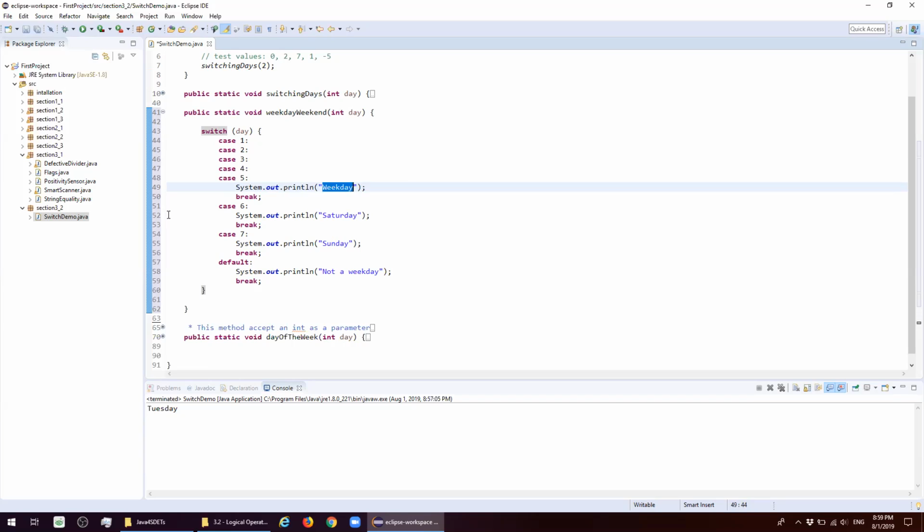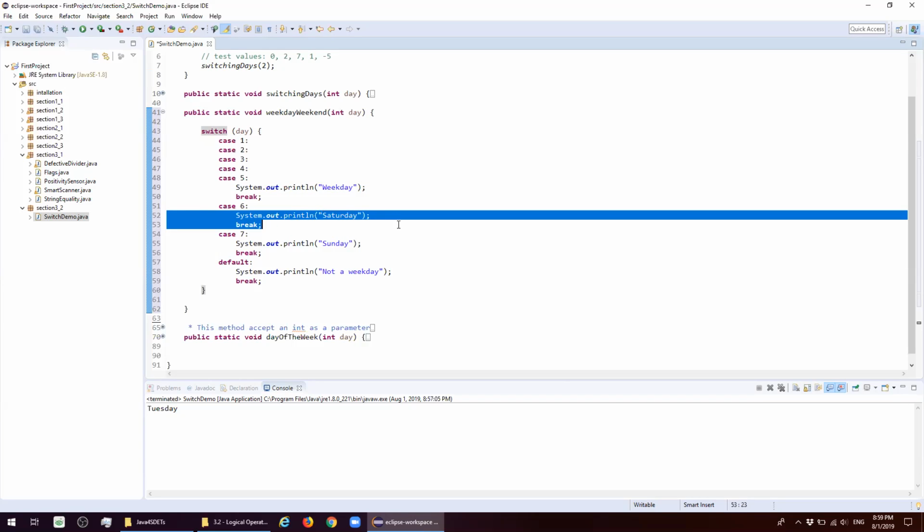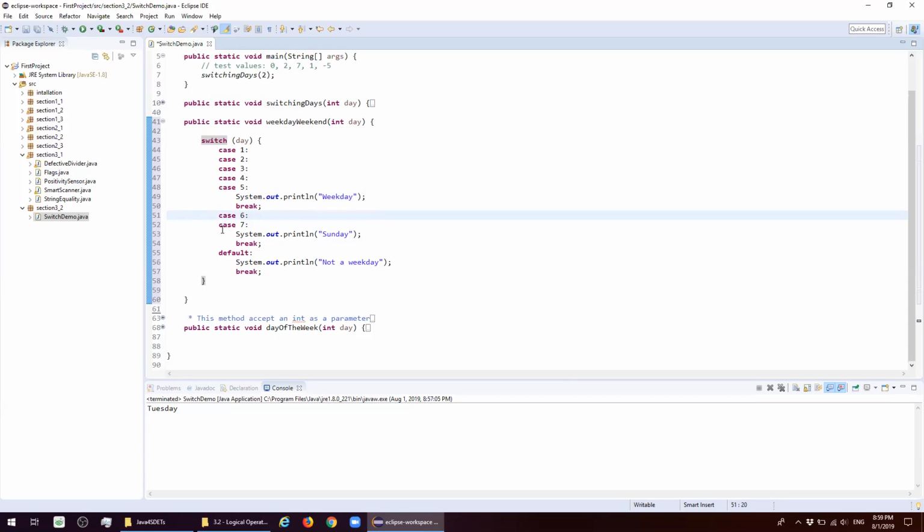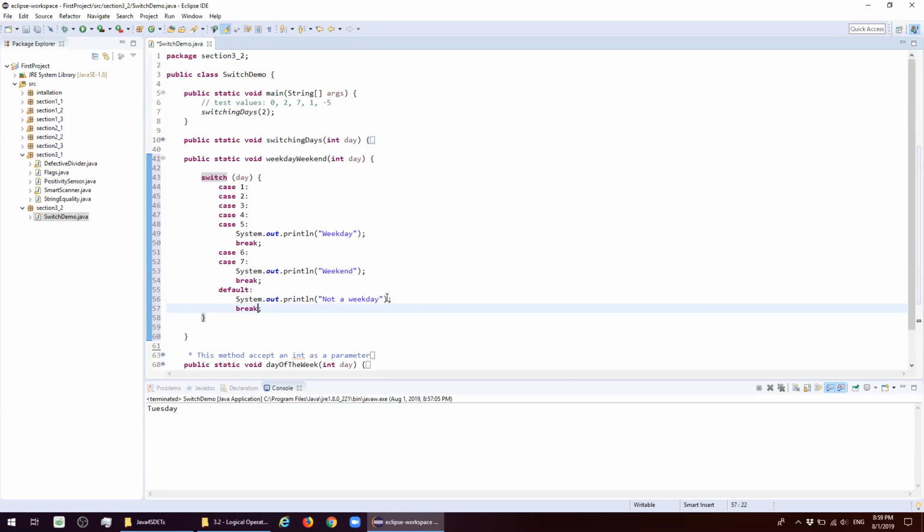So case 6, is Saturday a weekend? Yes, it is. And since Sunday is going to be a weekend too, I do not need a break after Saturday, right? So I'm just going to, instead of Sunday, put here weekend. Then I'm going to break. Any other number entered by the user is going to return not a weekday. Okay, so now let's call this method, our new method called weekdayWeekend,